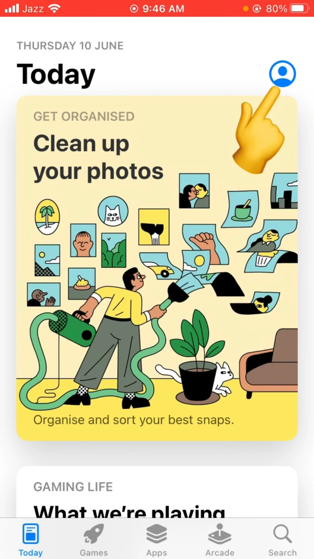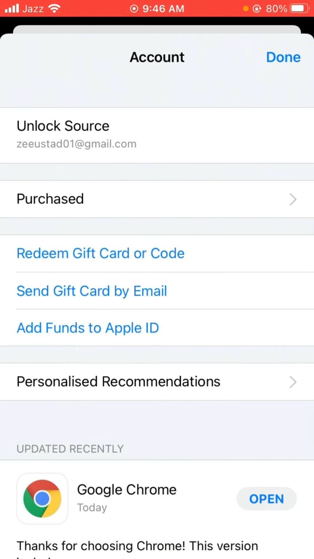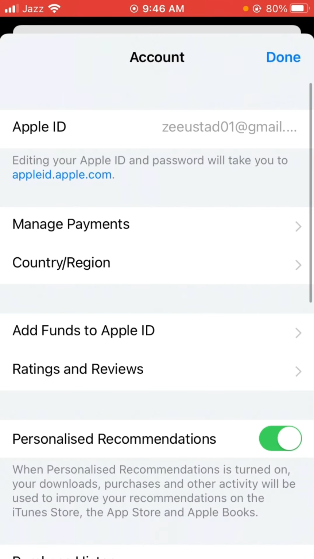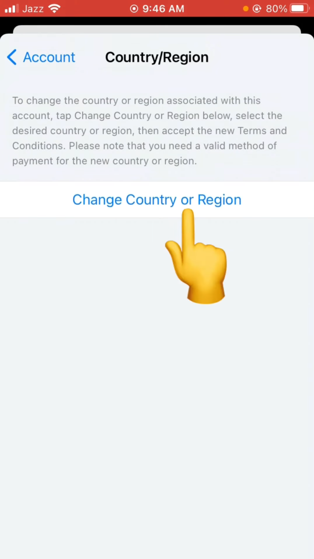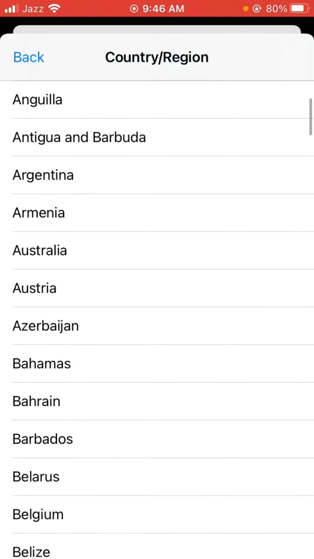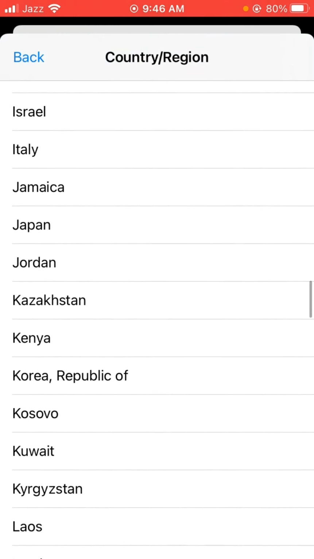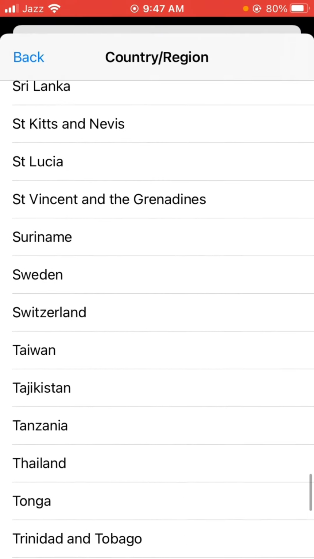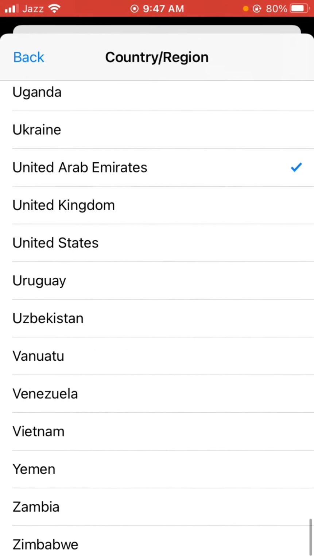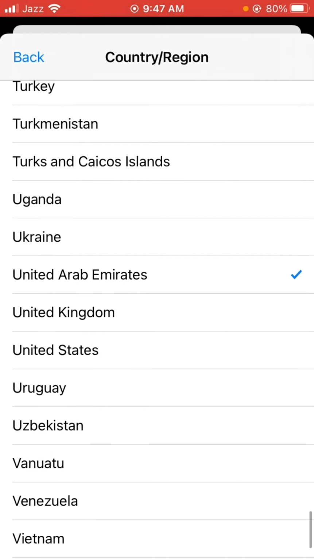Now tap on the Apple ID icon, and then tap on your Apple ID profile. And now tap on country or region. Now change country or region and select a country which supports the app you want to install. So YouTube Music is supported by the United States,